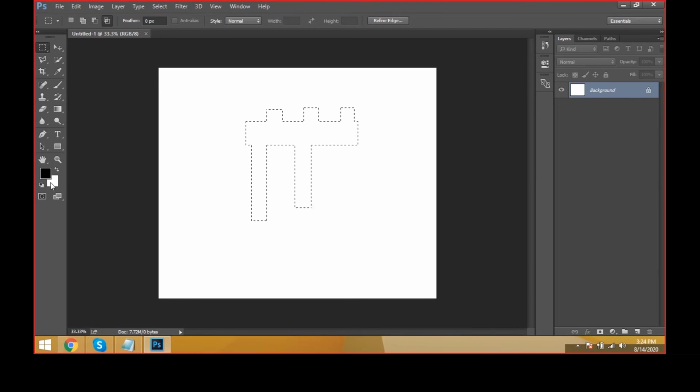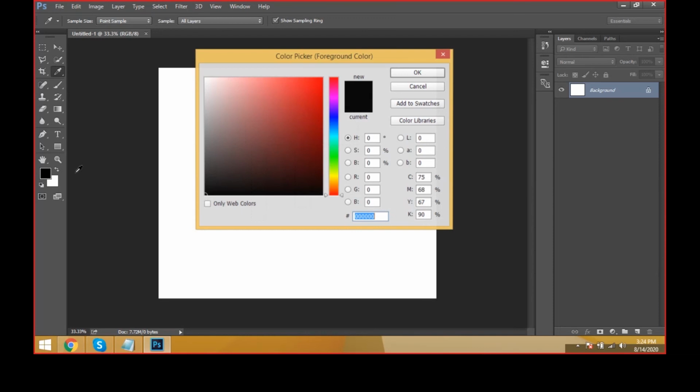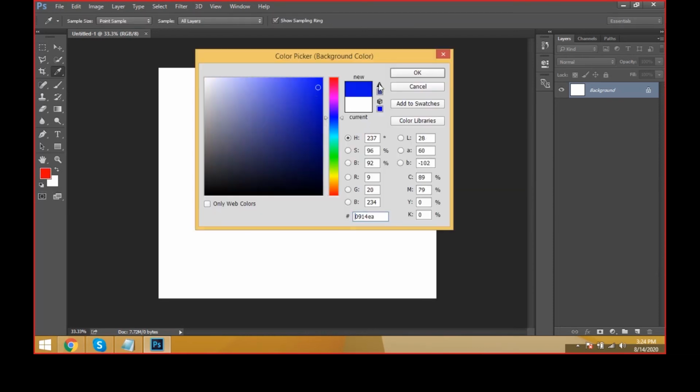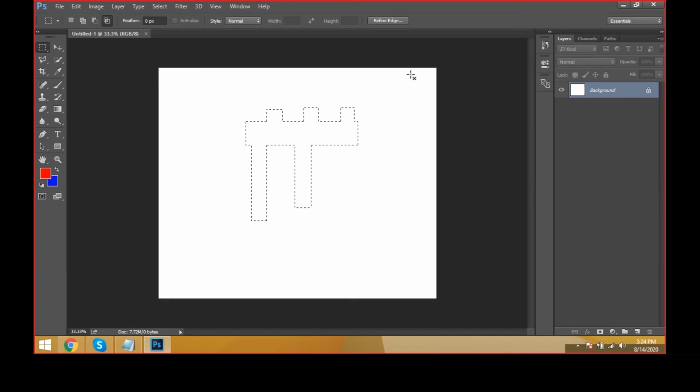And we have two colors here, friends. One is the foreground color and the second is the background color, in this docker window. We call this a docker window, the color docker window. In this color docker window, we have a red color and here a blue color. How do we take these colors? Let's see. One is the front color and the second is the back color.